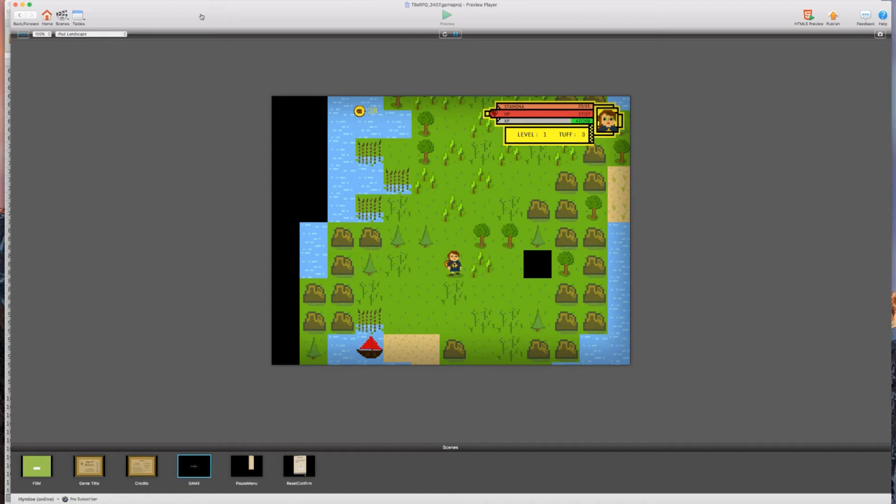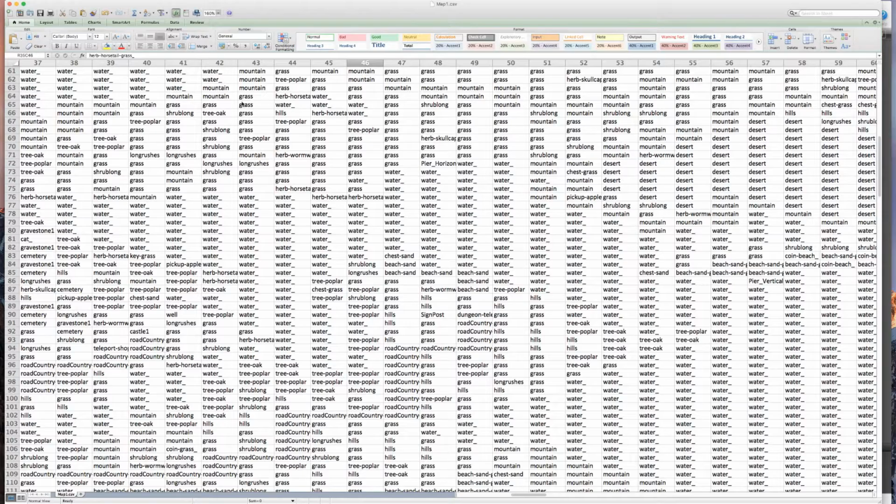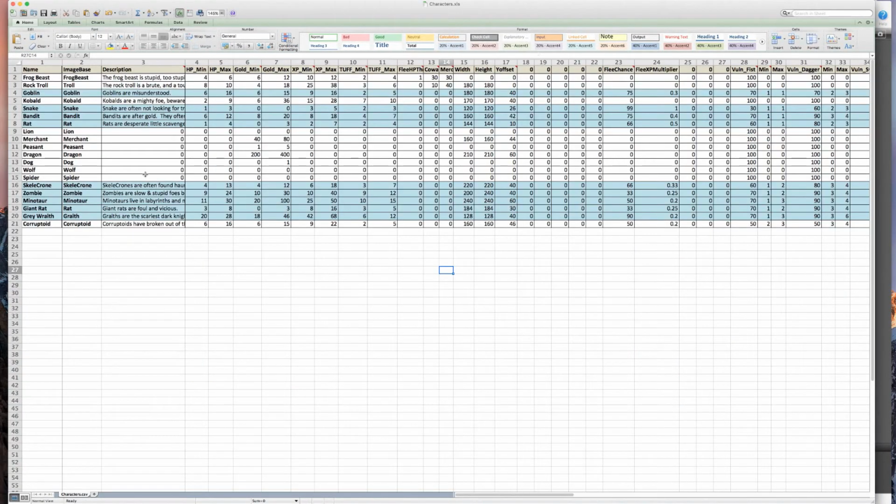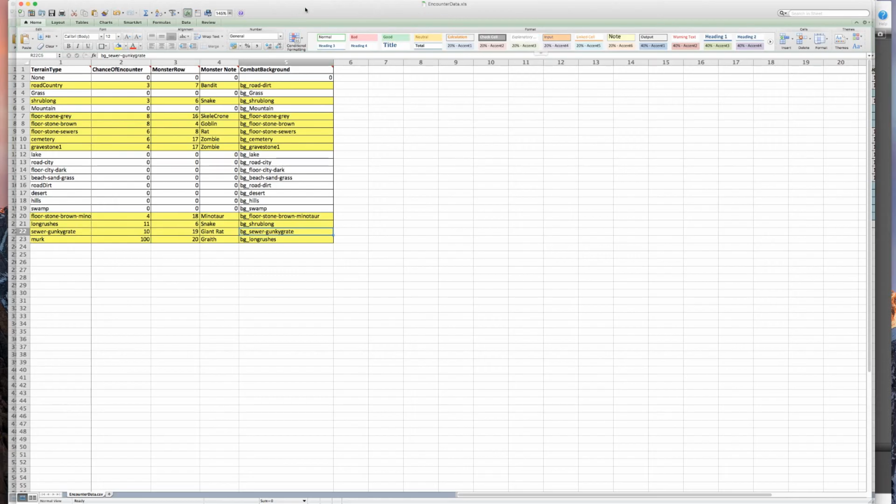What else? So that might be about it. Let's just go back here. We'll close this. Ah, yes, encounters. So what happens is, each time you move, there's an encounter controller that looks up the tile that you're on and looks it up in this table. Okay, so here's the encounter data. So it will look up these tiles, and on any of these tiles, actually I think only the yellow ones we use,